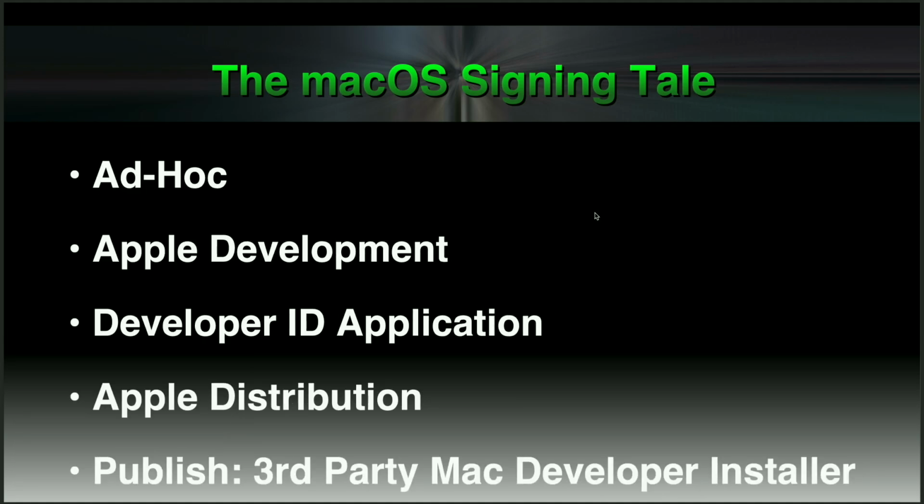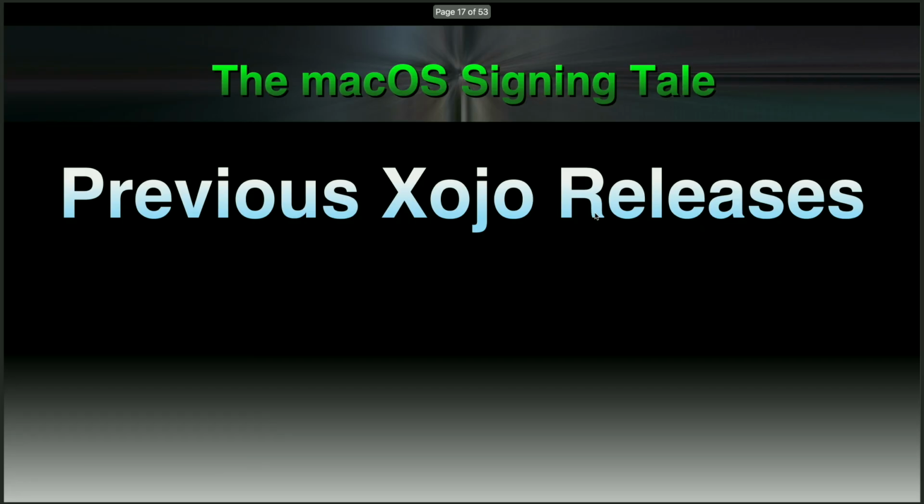And of course, if you want to use the publish button from the Soyo IDE to send your app to the Mac App Store for review, approval, and make it available finally on the Mac App Store, you need to have installed the Third-Party Mac Developer Installer certificate, because that is the certificate we are using when the bundle is packaged and sent to the App Store Connect website. That package needs to be signed using that certificate. On previous Soyo releases,